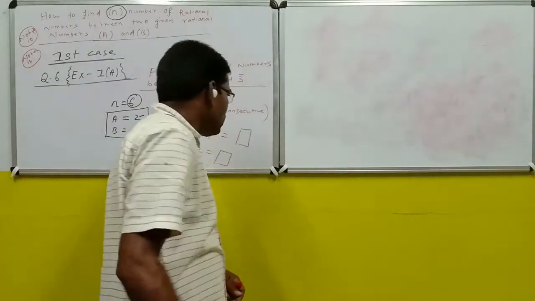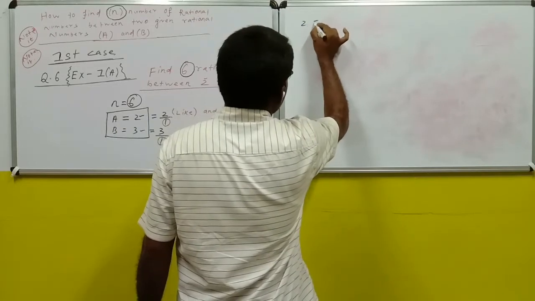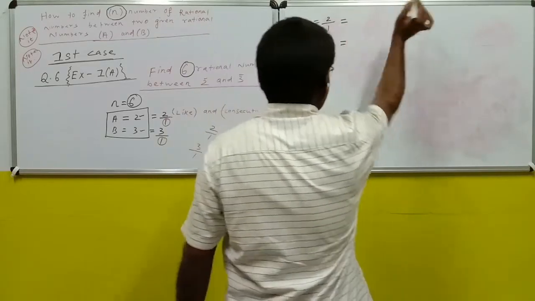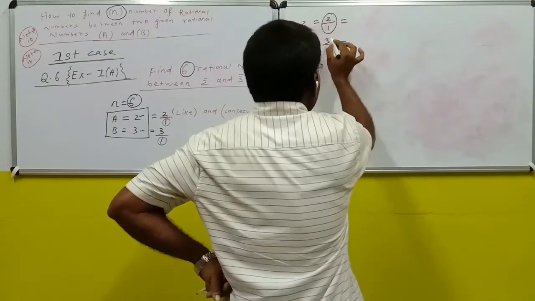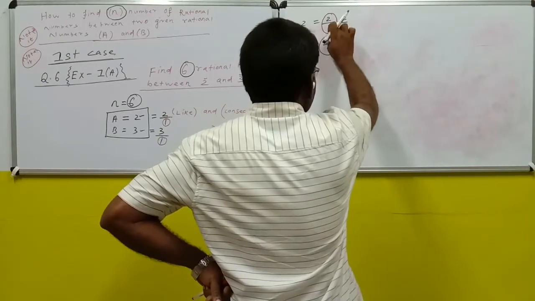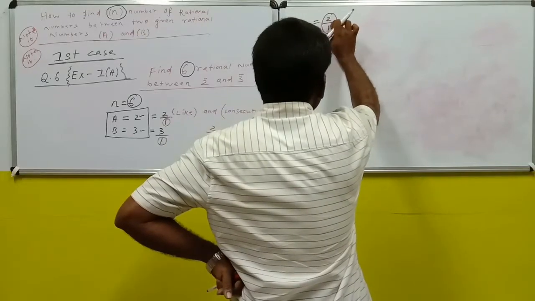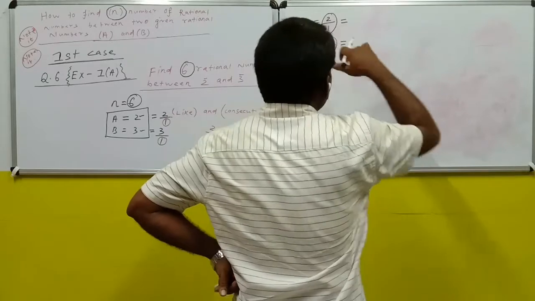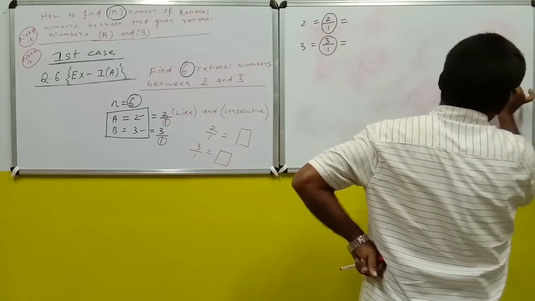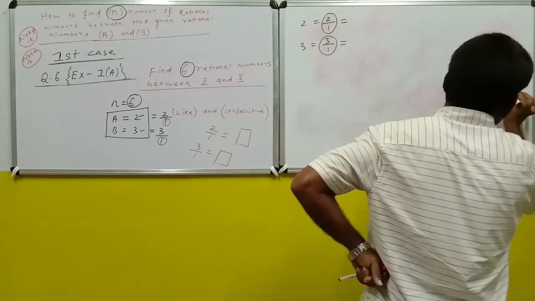Yes, students, what I said, your first duty is to find out the equivalent fraction of this one and also this one by multiplying both the denominators by... Your first duty is to find the equivalent rational number of 2 by 1 and also 3 by 1 by multiplying n plus 1, that is 6 plus 1, as n का वैल्यू 6 है, therefore n plus 1 का वैल्यू 6 plus 1 equal to 7 हो जाएगा.